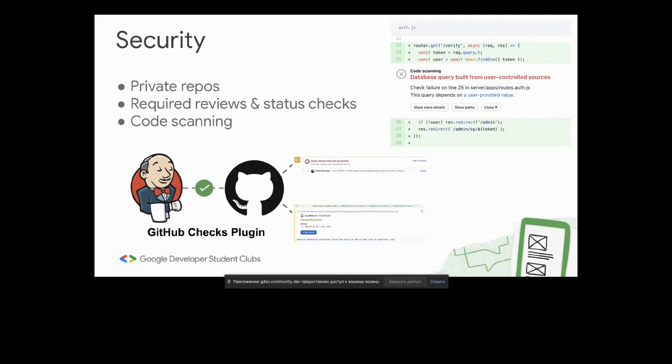GitHub security provides you with private repos, required reviews and status checks, and code scanning. So, secure your code as you write it: GitHub automatically reviews every change to your code base and identifies vulnerabilities before updating to the production server,